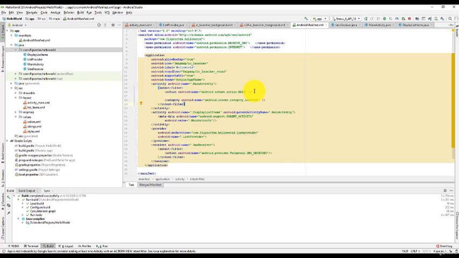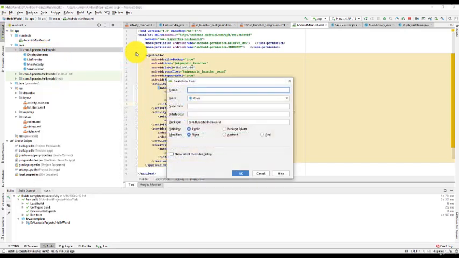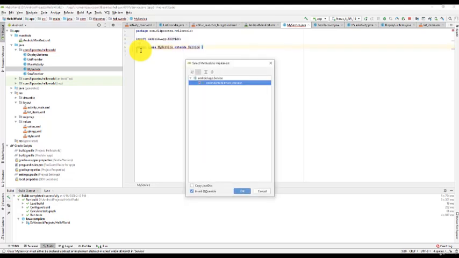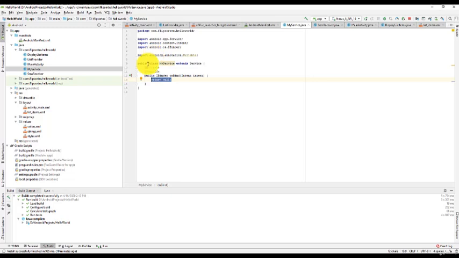So let's add a class called MyService. Default settings, extend Service. Alt and Enter to implement methods. And here you can see it created the onBind method. Just as with the other components, we need to add this service to the components in the manifest.